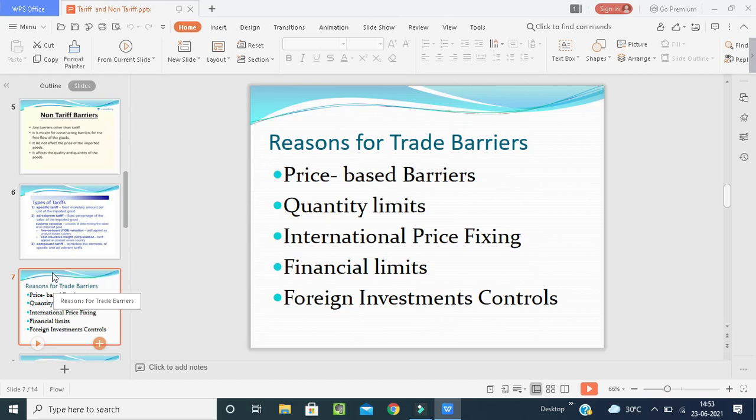Next was international price fixing. International price fixing is also known as cartels. Cartels control prices and also coordinate output and investment quotas to make the price control effective. So these people fix a price in a particular country for particular goods for a particular time. In simple words. Financial limits are related to money, they are monetary. Monetary policy is designed to control capital flow so that the currency can be defended or imports can be controlled.